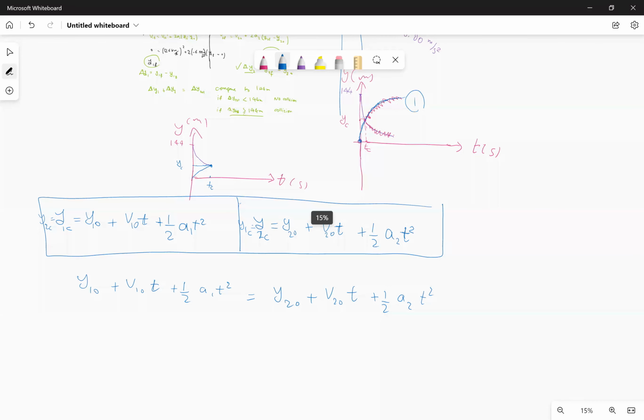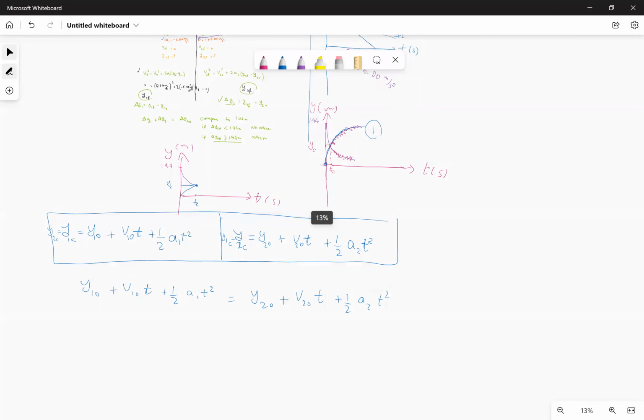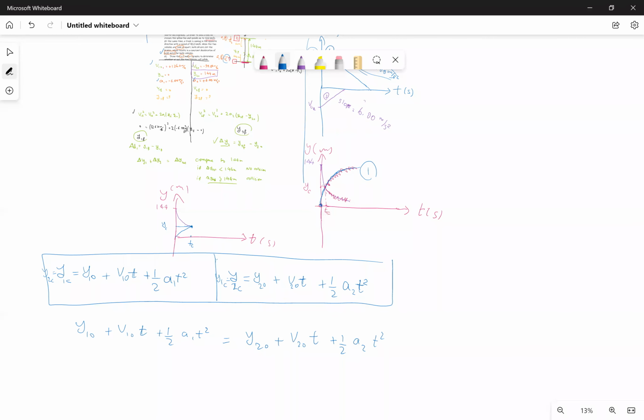Then you plug in the numbers. Let's plug in the numbers. y10, if this moves down, I'm going to see my y10. y10 is going to be equal to 0 plus v01. It was 126 kilometers per hour. You will convert this to meters per second, times t, plus half a1, which is negative 6.00 meters per second squared, times t squared, is going to be equal to